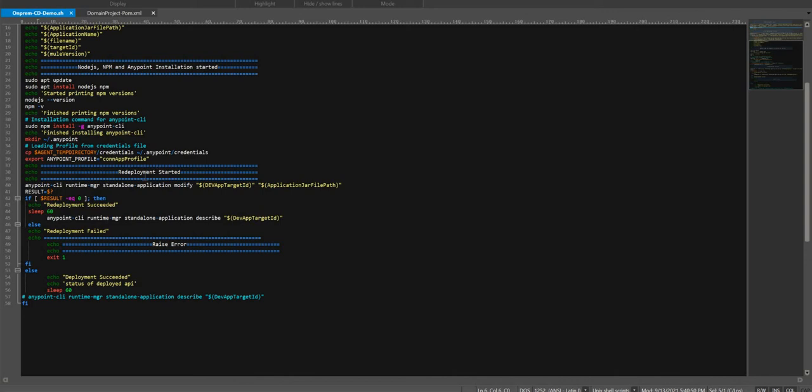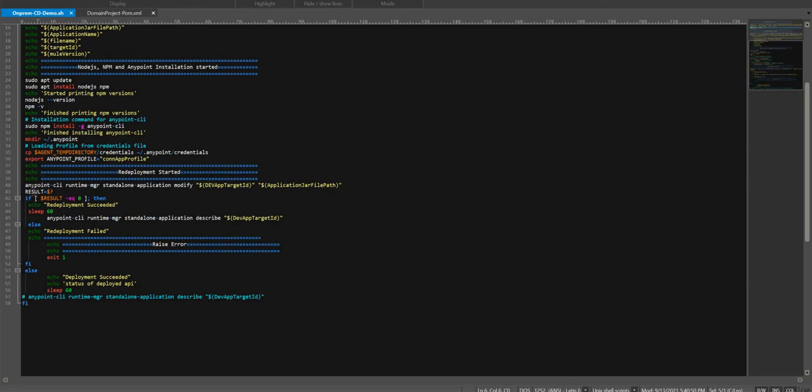For redeployment, it is safe to use the CLI command because we are only modifying the jar file path here. One more thing to notice is we will have to specify the already deployed API's target ID as well. So these two are the important parameters by which a redeployment can happen.